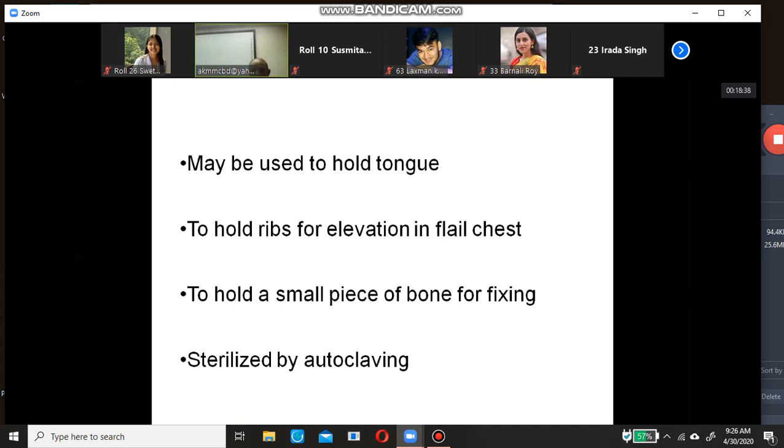Then the laparoscopic instruments are also sterilized by Cidex. Those are not autoclaved. Usually these three types of instrument you have to remember.